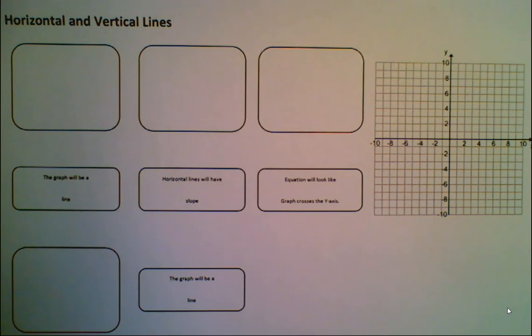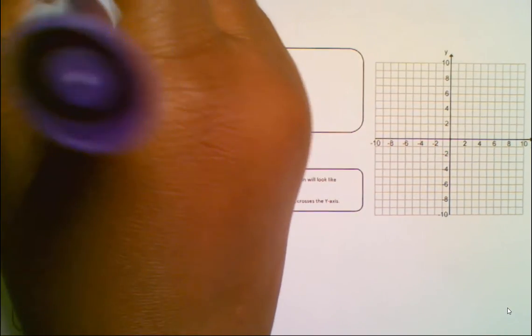All right, let's talk about horizontal and vertical lines. And as we continue with the table of values, on this particular page I want to give an acronym for horizontal lines and vertical lines. First, with horizontal lines, we're going to use the term HOY, H-O-Y,